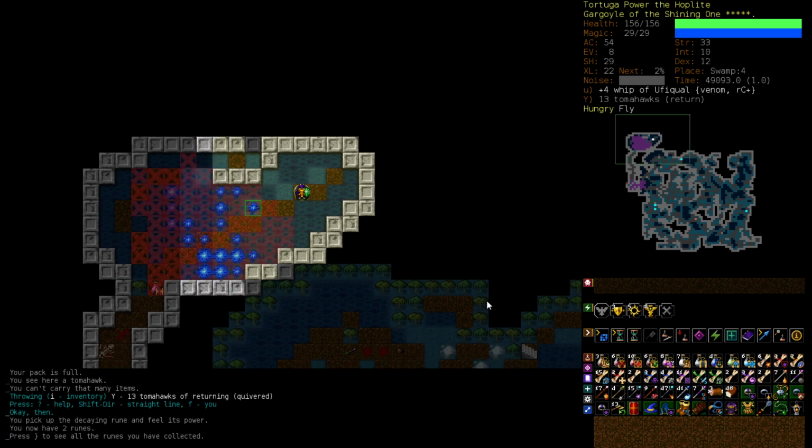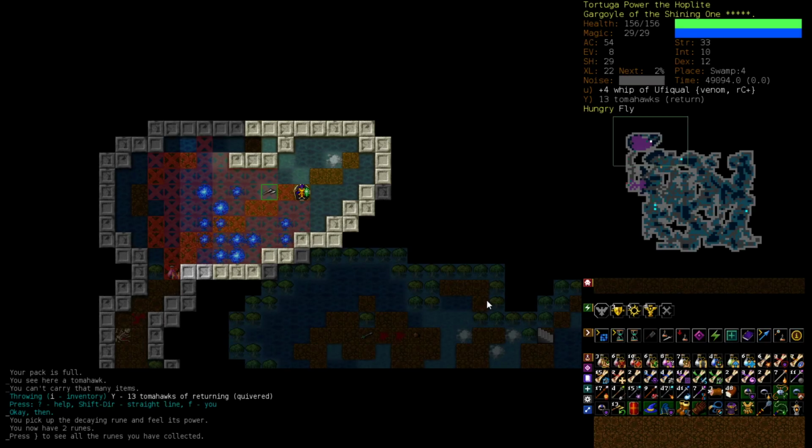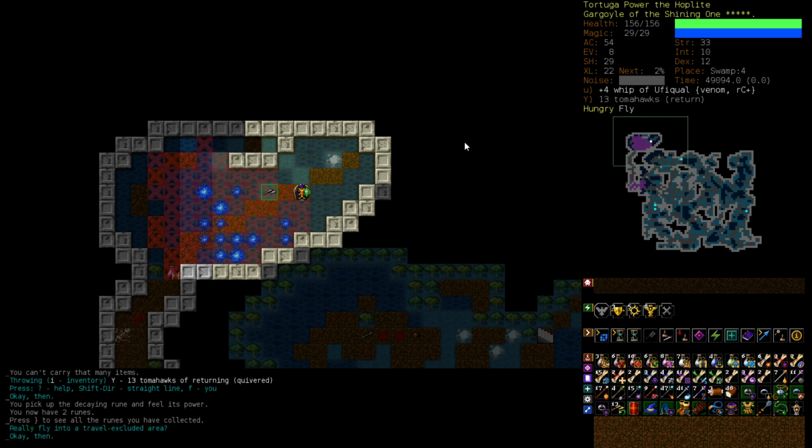We got a rune. So, how are we looking now? We have... Oh, I'm going to do it this way. 2 runes. The Decaying Rune and the Serpentine Rune. So we have Swamp, we have Snake. We're only 1 rune away from getting all the runes we need to actually get the Orb of Zot and